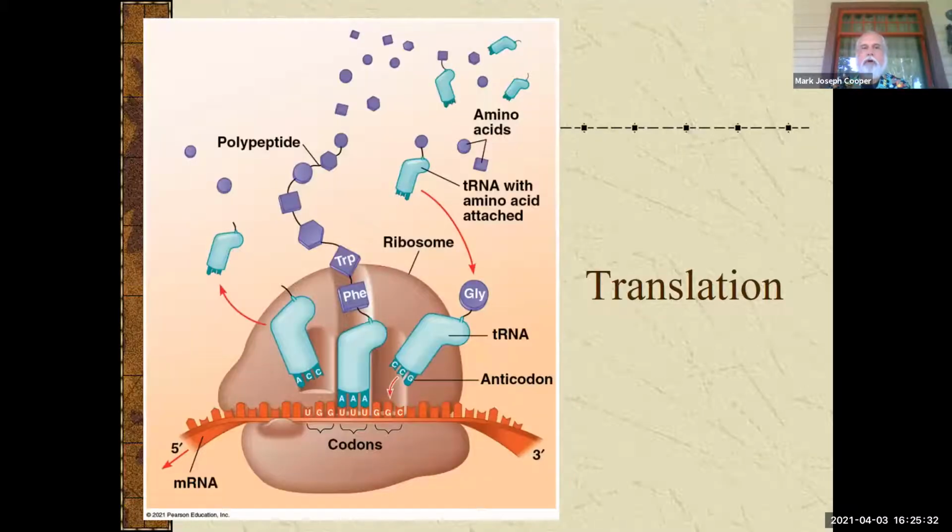All right, so for this next one is translation. So we already did transcription. And remember, transcription had 3 steps: initiation, elongation, and termination. And so what's messed with your head? Translation has initiation, elongation, and termination. Same step names, but quite a bit different